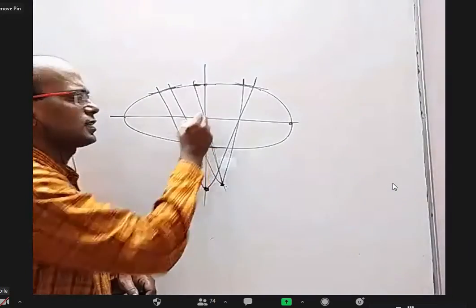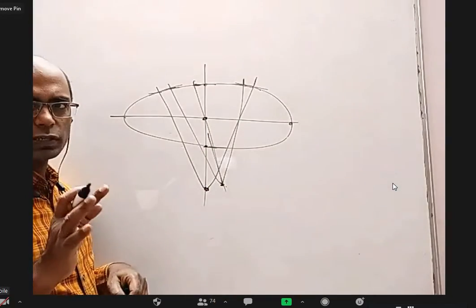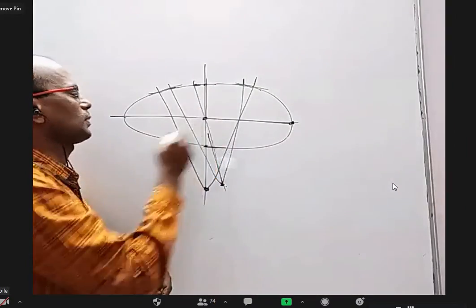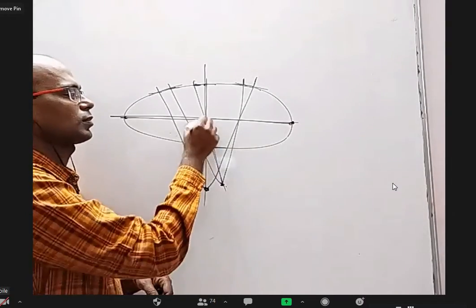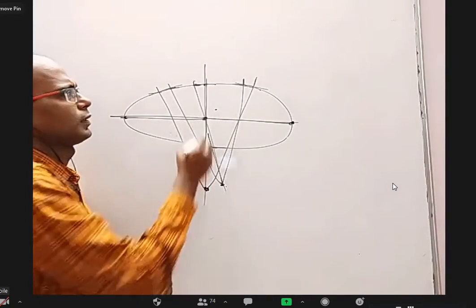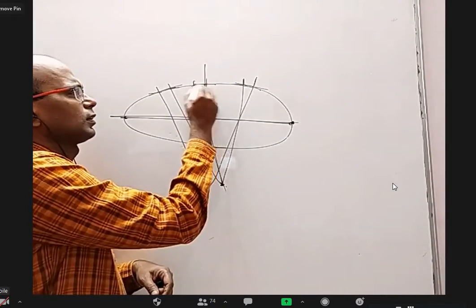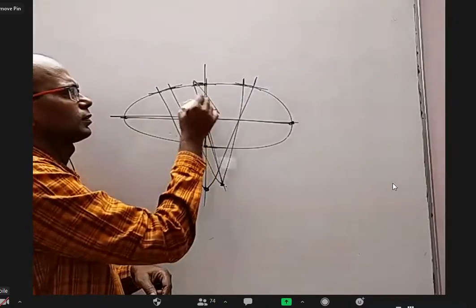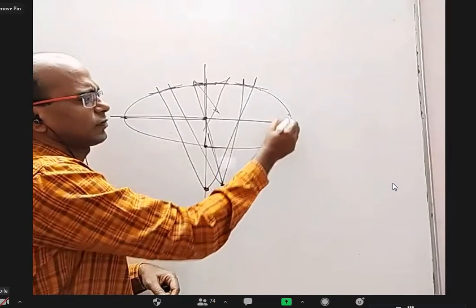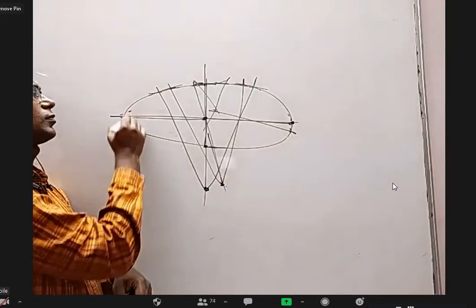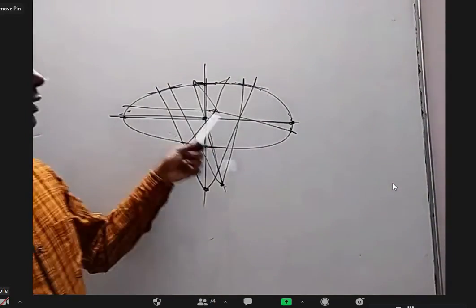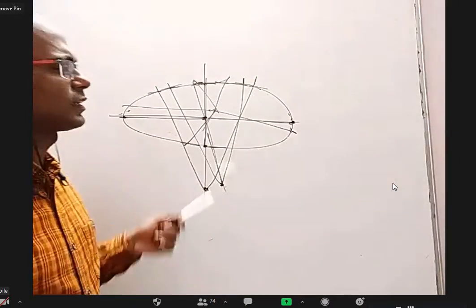In fact, if you take this, the normals are 2, but the feet of the normals are 4, because the normal here is passing to the center, normal here is passing to the center, normal here is passing to the center. But these two become the same. But I'm sure if I take a little bit off, somewhere the normal here will pass through this maybe, okay, or maybe the normal here, and a little bit somewhere here or here the normal can pass, maybe, okay. So anyway, from the figure we can't say anything, but we can get a feel that it may be 4.